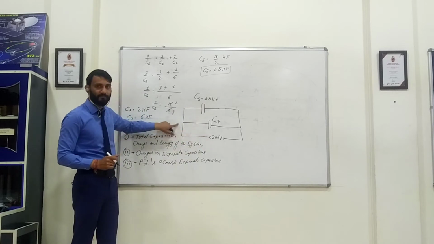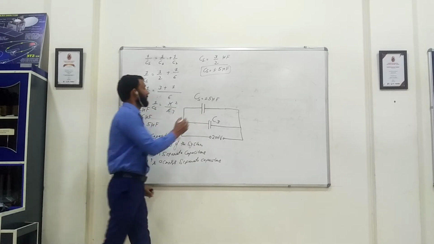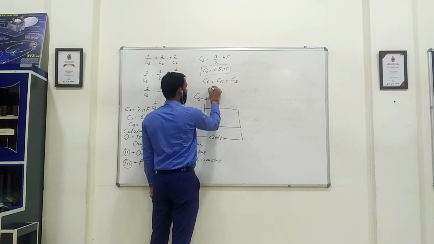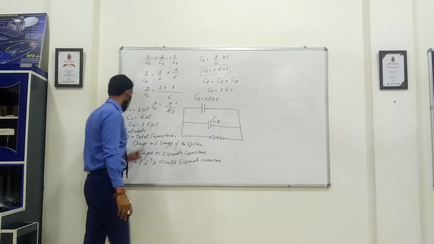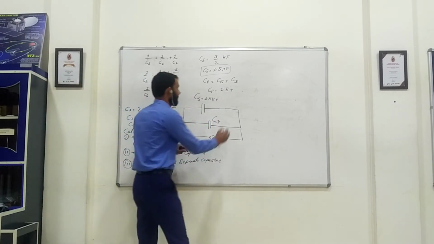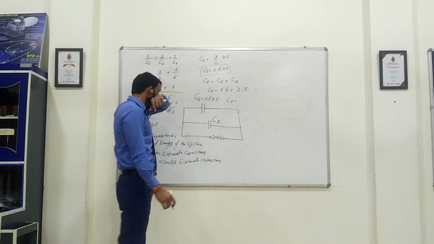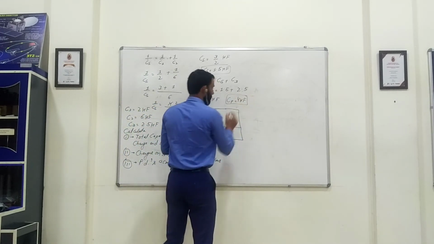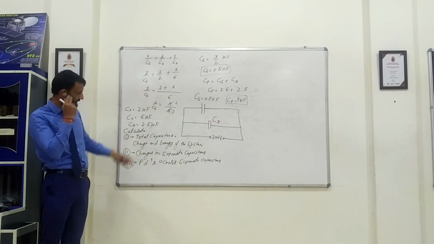Now again the charge will come and it will get divided among these two. So when the charge gets divided, they are connected in parallel. So parallel will be CS plus C3. So C3 will be 1.5 plus C3. How much is C3? 2.5. So that will be 1.5 plus 2.5? 4 microfarad. So this will be the total capacitance of this system. First part, total capacitance, done.